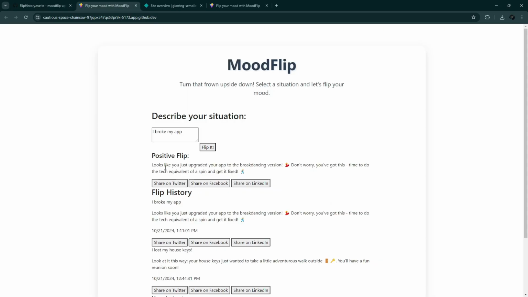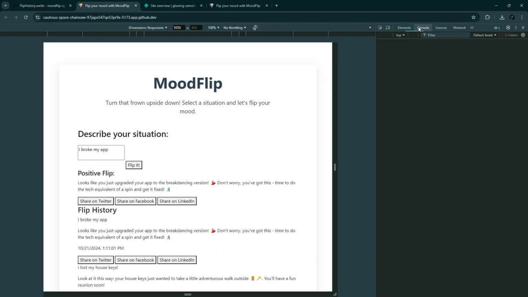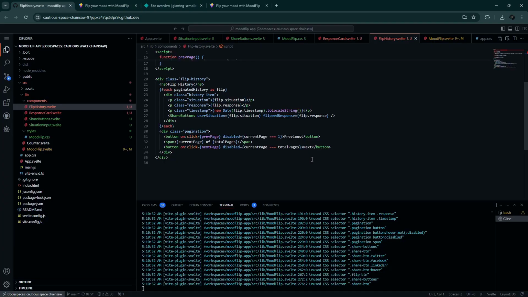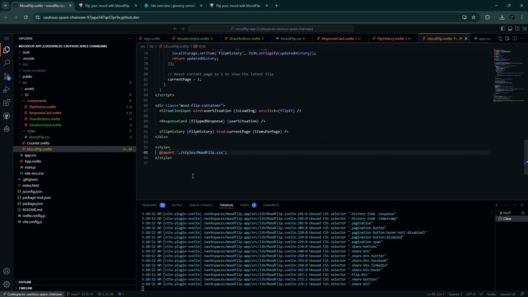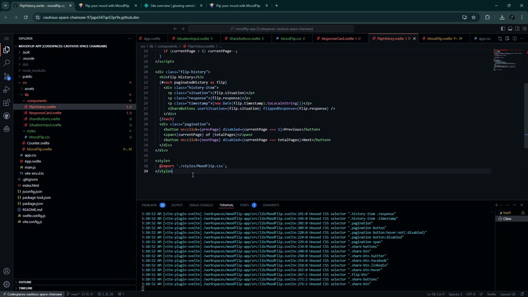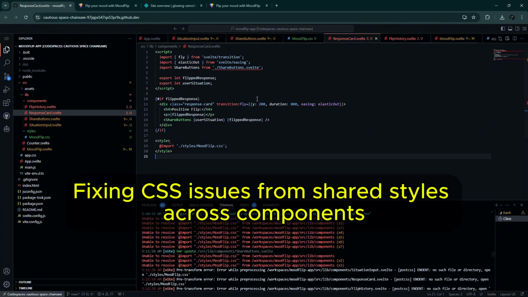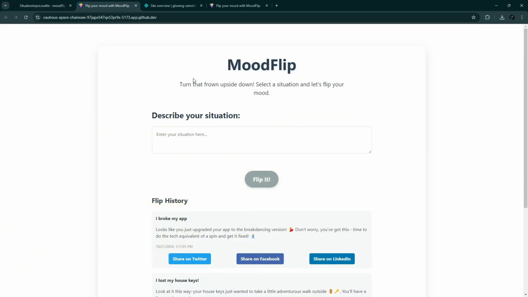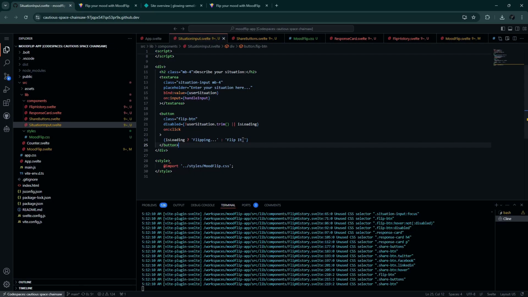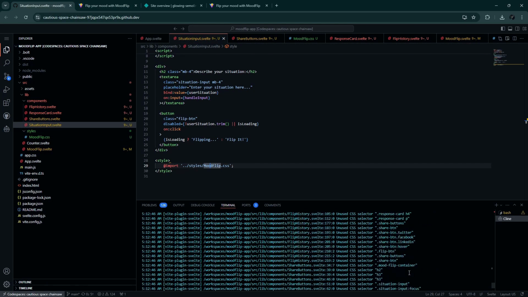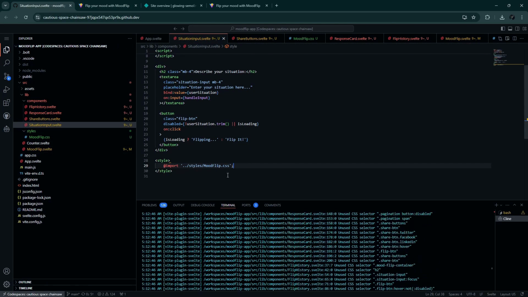Yeah, it's working fine, just the CSS is not working. We don't have any issues in the console, so I guess it's just a CSS issue. So we can simply copy this portion to every file. Did it work? Yep, fixed the issue. Okay, somehow it worked because we are sharing a common CSS file.